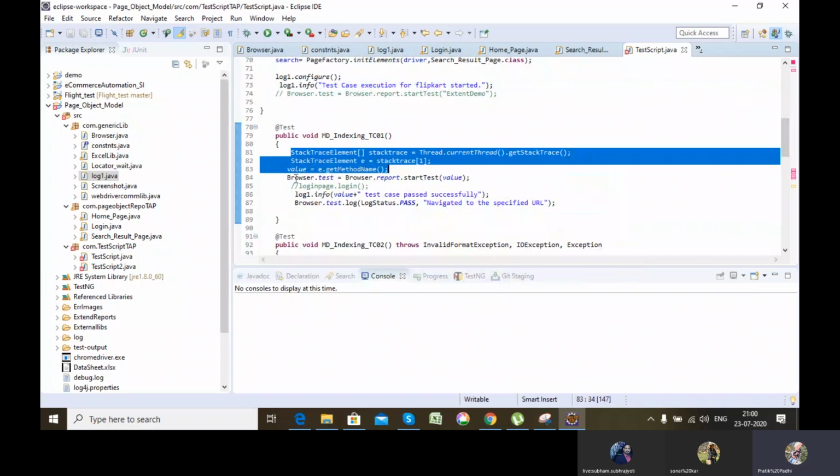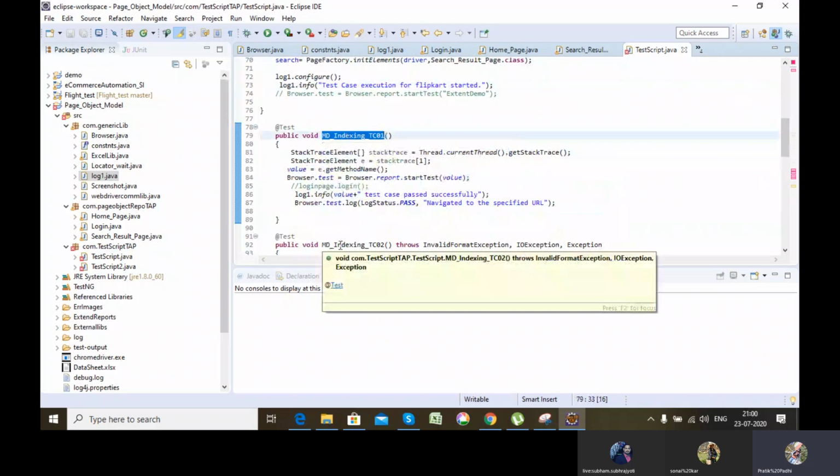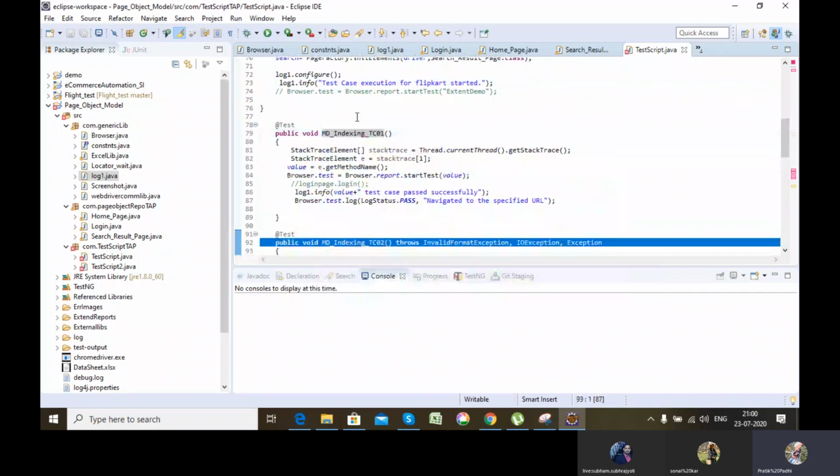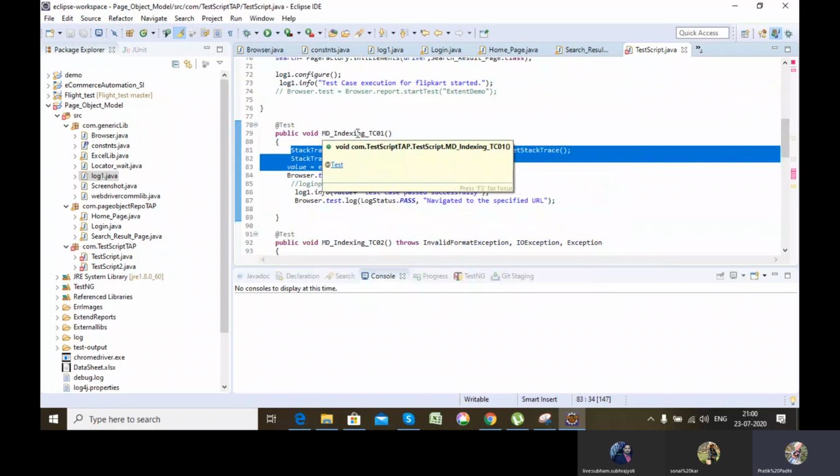For logging purposes, I'm using this particular value variable. So if this @Test is executing, it should contain this value. If another @Test is executing, then this should contain that value. So at runtime, I'm capturing the function value so that it will be used for logging purposes. These three lines of code return me the function value at runtime.